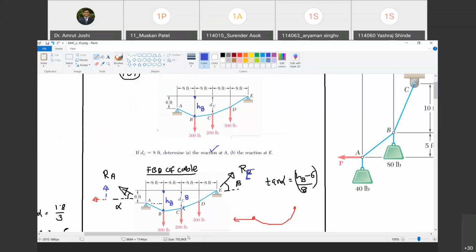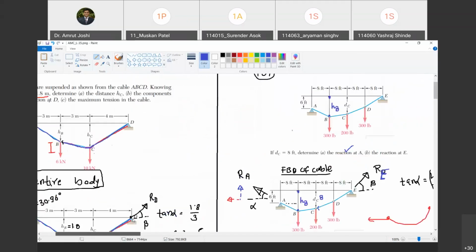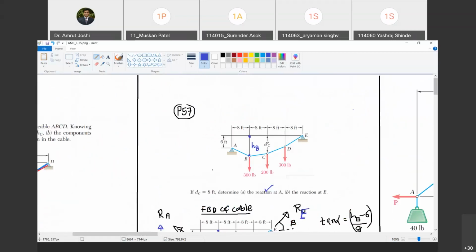That part we will solve tomorrow, and then we will solve these two problems that will conclude our session on cables. Are you with me? Yes, sir. This time we will take a few extra lectures. I will announce the schedule. I think Saturday you don't have a timetable. Am I correct? Yes, sir. So Saturday is free. So let me announce an extra lecture on Saturday. We have to catch up. Your term end is approaching fast, so we will have a few extra lectures during these 2 weeks.